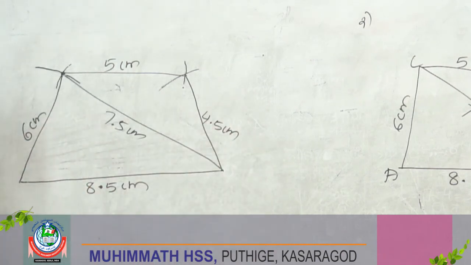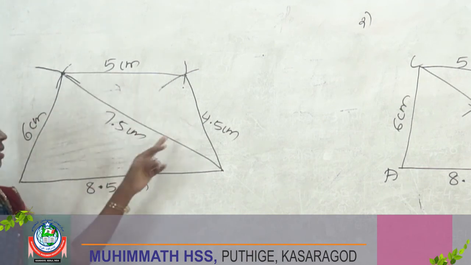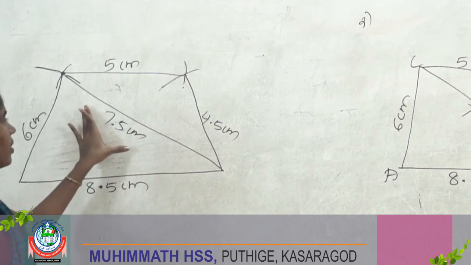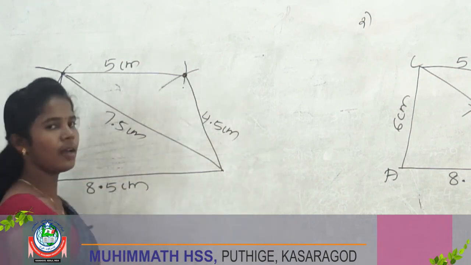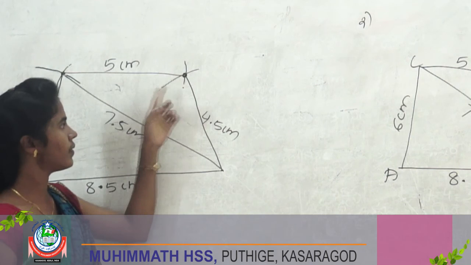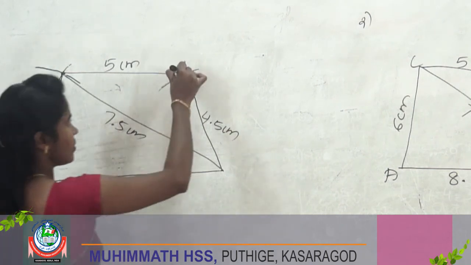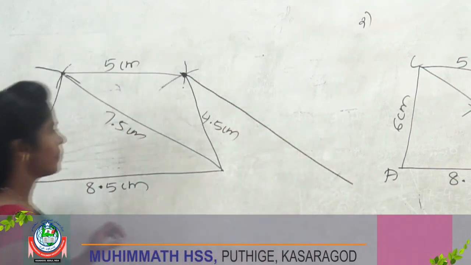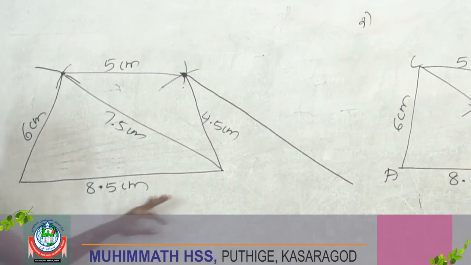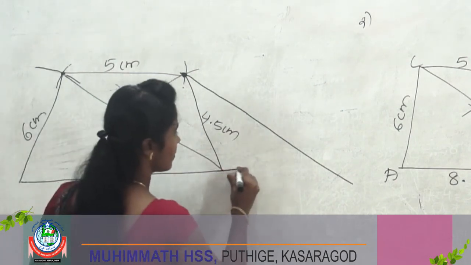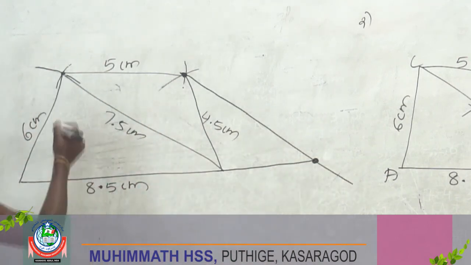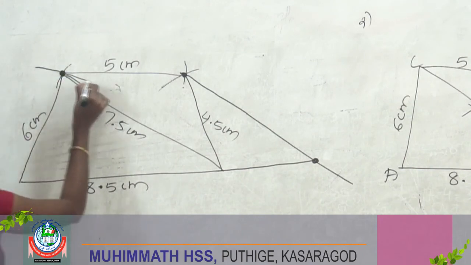So first step is draw a quadrilateral. So quadrilateral is completed. Second step is draw its diagonal. Here diagonal, second step is also completed. Then third step is draw a line through the fourth vertex of this quadrilateral which is parallel to the diagonal. Draw a parallel line. Okay. The next step, extend the baseline. Extend the baseline up to this point. Then last step is join the other two vertices.